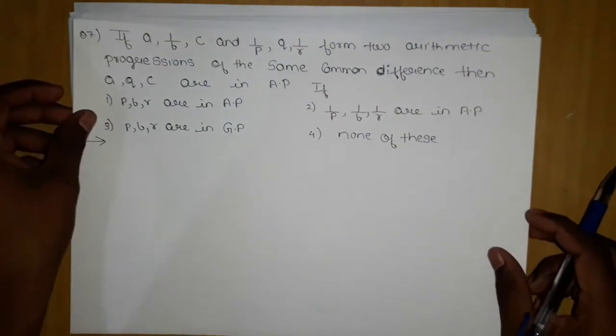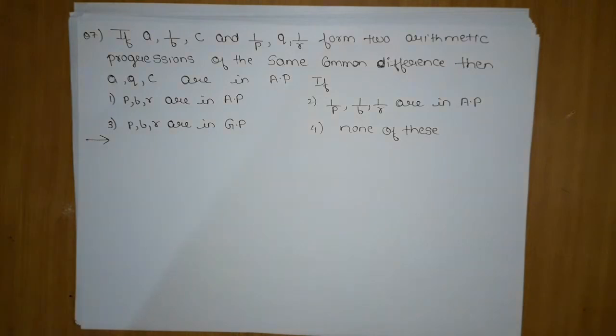Where is the next problem? Okay, so the next problem is here, which says: if A, 1 by B, C and 1 by P, Q, 1 by R form two arithmetic progressions of the same common difference, then A, Q, C are in AP if...